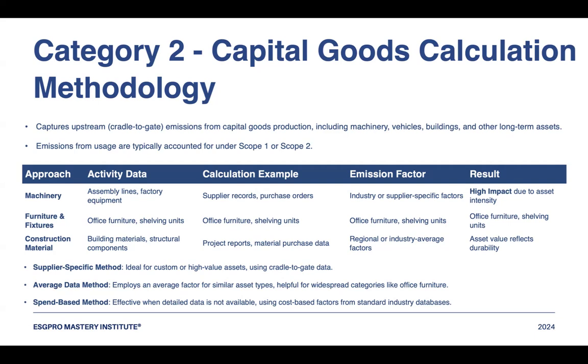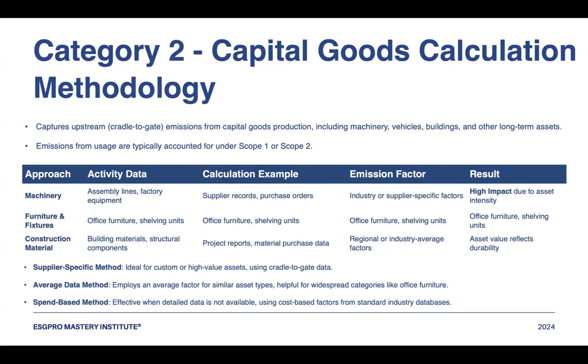So if it is a machinery, of course, you will have assembly lines, factory equipment. And here, you should ideally ask for supplier records. They should provide you because such large capital equipment providers are generally large companies, presumably. Yeah. If you are not getting it only assembled from somebody next to your house. Yeah. In that case, of course, you will ask them purchase order of the steel, how much he has taken